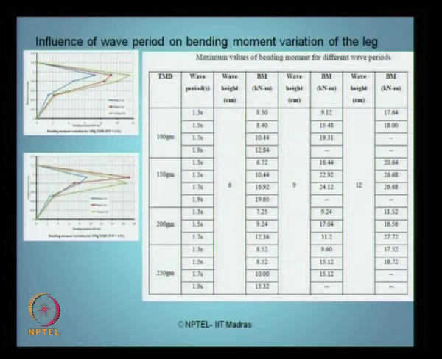If you look at the maximum values of bending moment, because I am interested in showing the reduction of the bending moment, I am sorry for the small size of the figure, but if you look at the same figure on a computer screen, I think it will be sharp enough. I am sorry because you will not see it from a distance, but anyway qualitatively let us discuss it quickly. Quantitatively it is not important for you to know the numbers. Qualitatively,